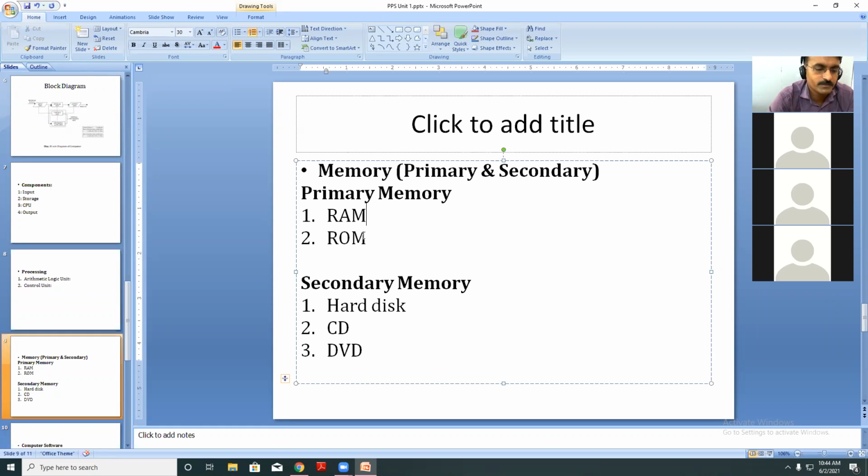So ROM typically contains the manufacturer instructions. Random access memory and ROM is read only memory. For this there are instructions from the manufacturer to hold those data if there is a power loss in between. Now this ROM stores the initial program, which is called the bootstrap.